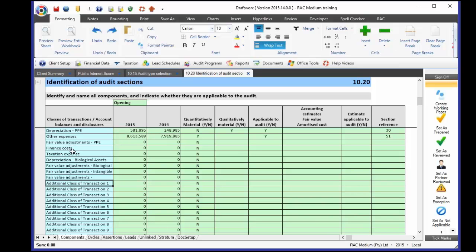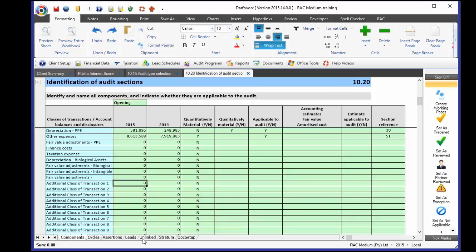You'll see that they're also highlighted blue, which means that they are roll forward cells. So if you change it this year, it should appear like that next year for you as well to make things easier. And I'm not going to cover it in this training session, but there's also the opportunity to go and link amounts to the formulas in here on the lead sheet. If you do want to start using custom components,